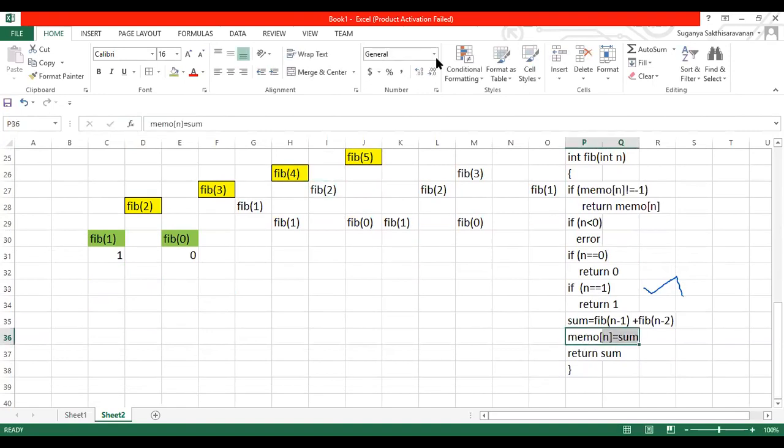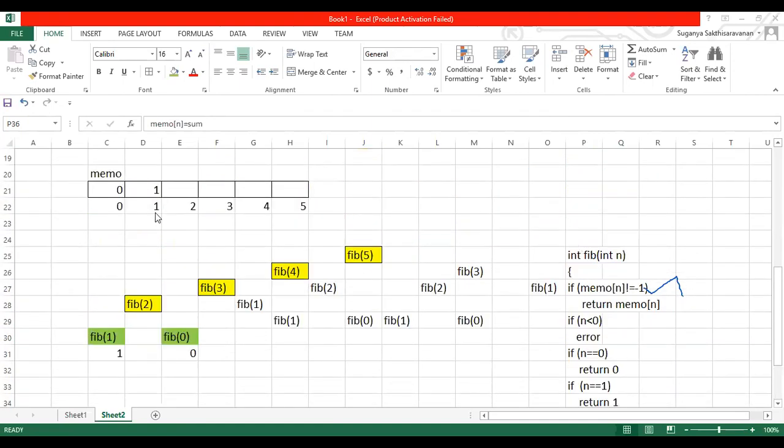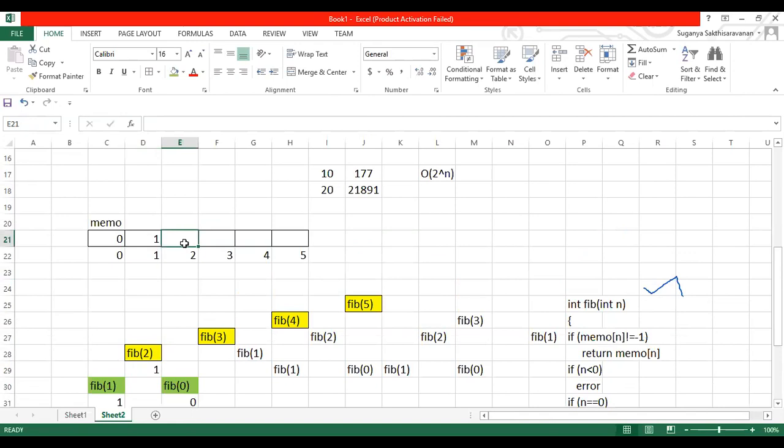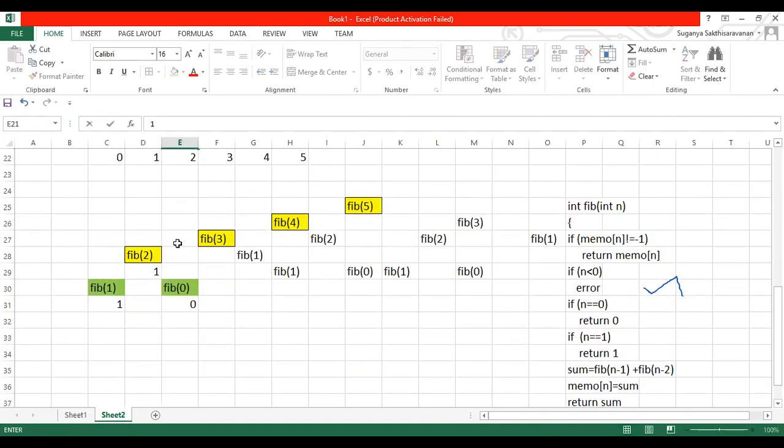Notice this particular step: I'm initializing here after calculation. If it is not equal to -1, I'll calculate it and store it in memo of the concerned position. So the 0th and first positions are calculated. Now these two values will be added and the result, 1, will be stored here. Okay, so this is done.